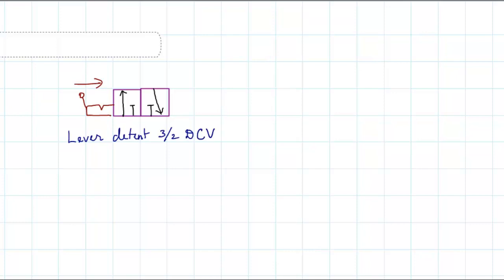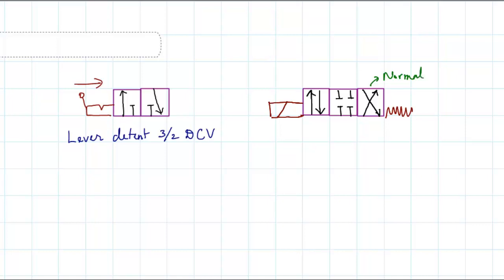Okay, the last one. See, that lever detent one won't generally be asked of you, because then we are going too much into hydraulics and pneumatics. Basically it is the solenoid one. Let me draw a last one. Now here what you can see is that I am having a solenoid, and I can even have a return spring. Because of this return spring, this will be the normal position, and this is the solenoid.